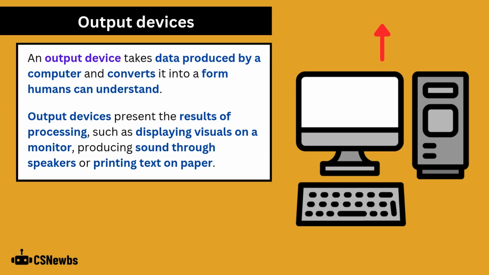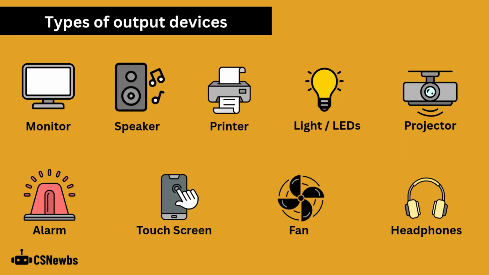Now we'll look at output devices. Output devices take data produced by a computer and convert it into a form humans can understand. Output devices present the results of processing, such as displaying visuals on a monitor, producing sound through speakers, or printing text on paper. Here are some of the common types of output devices: a monitor to display visuals on a